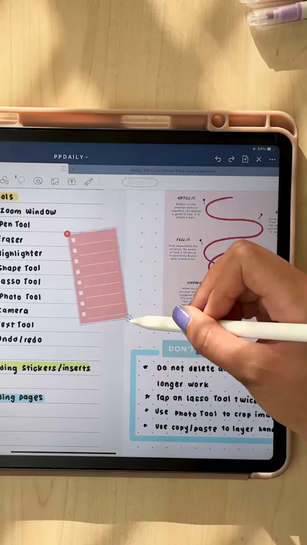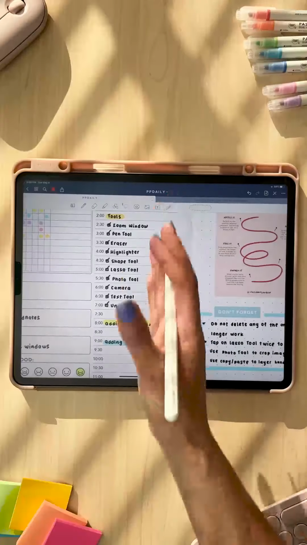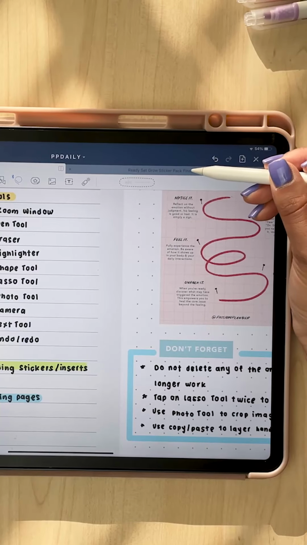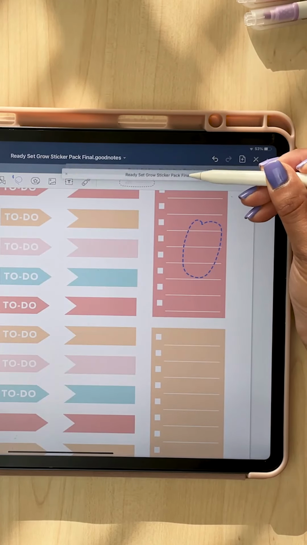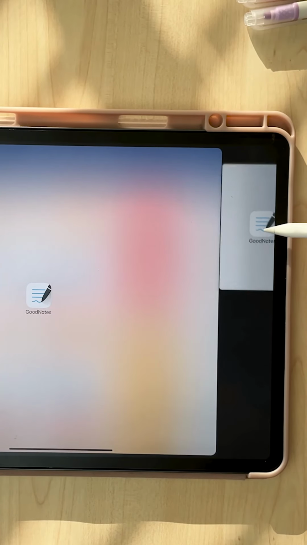Or I could rotate it. And that's one way to add stickers into my planner, but I really prefer using the split screen method. So if I long press on this tab here, my stickers tab, it'll pop out like this once I drag it, and I'll drag it to the side of my screen until it looks like this, and then I'll drop